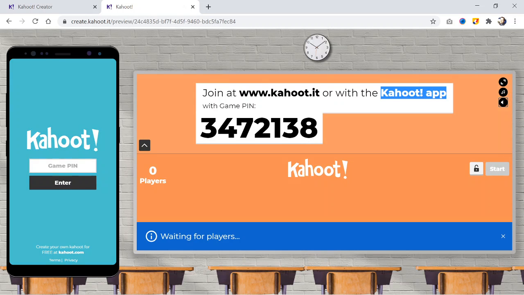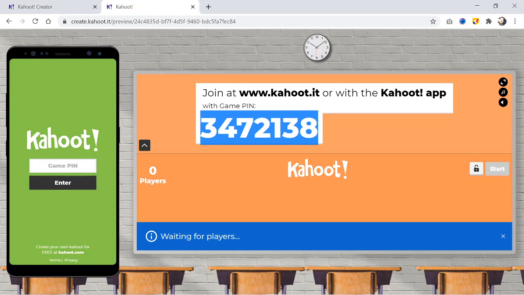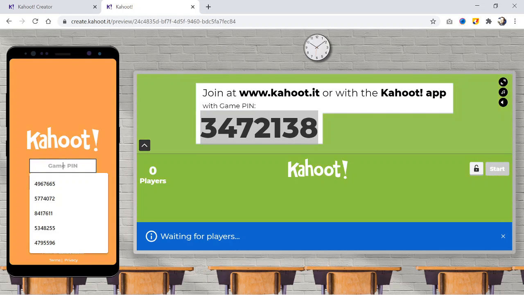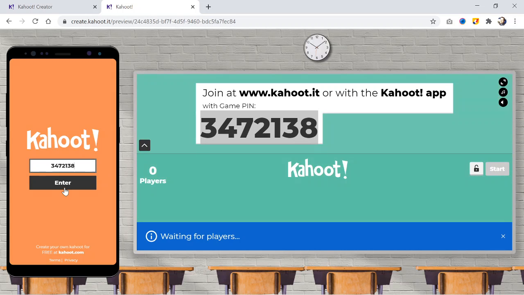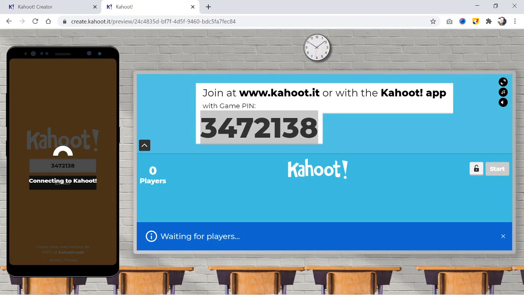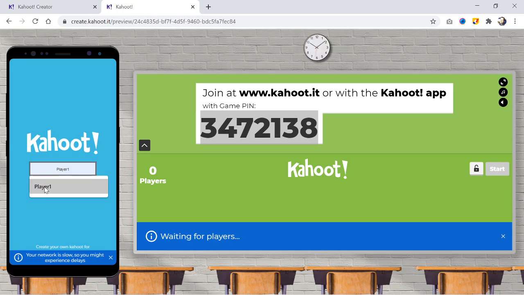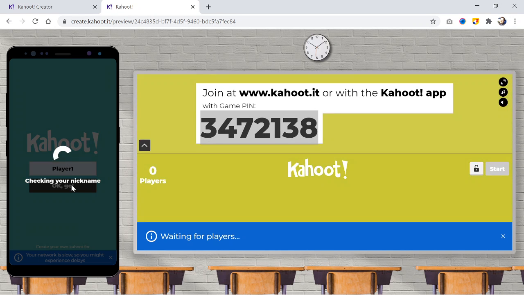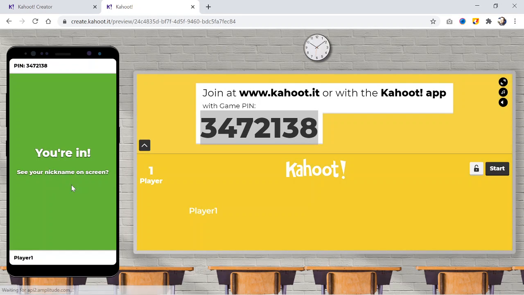Now you need to enter the personalized game pin of your quiz displayed on the computer or projector screen. As the next step, you need to enter a nickname of your choice as a participant to enter into the game. Then press OK to go on.